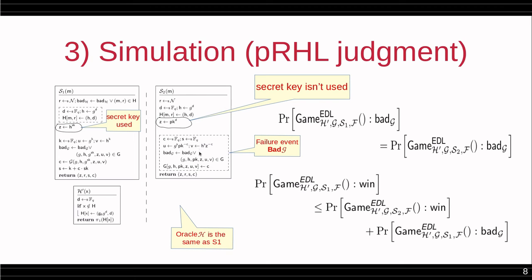bad happens. So, with a single equivalence proof, we bound the failure event bad, which happens with the same probability in both games, and a forger that wins against the second game also wins against the third game unless it runs against the third game, which triggers the failure event bad.